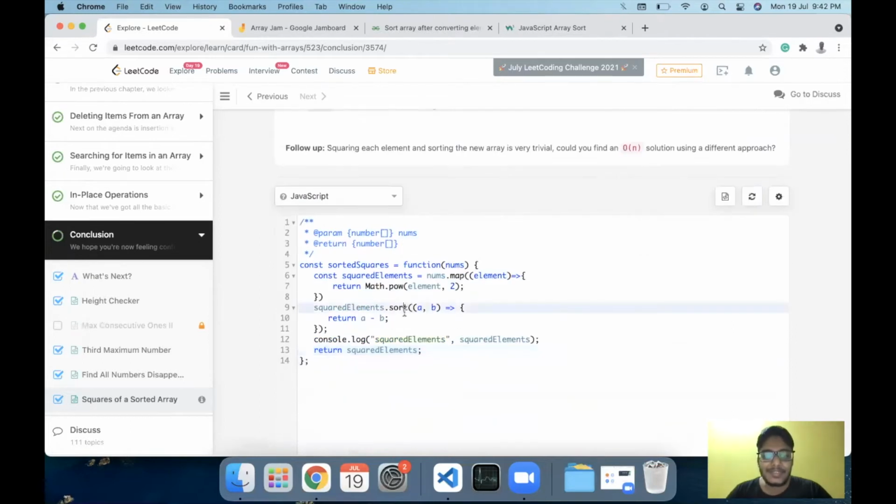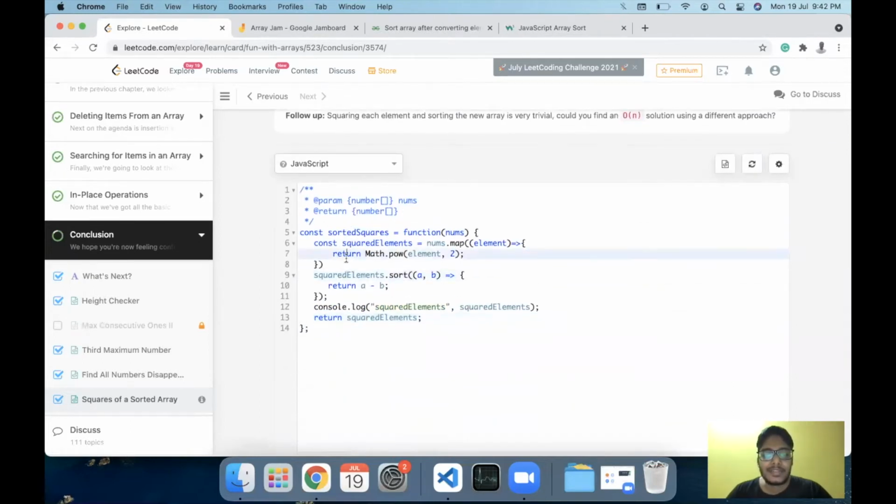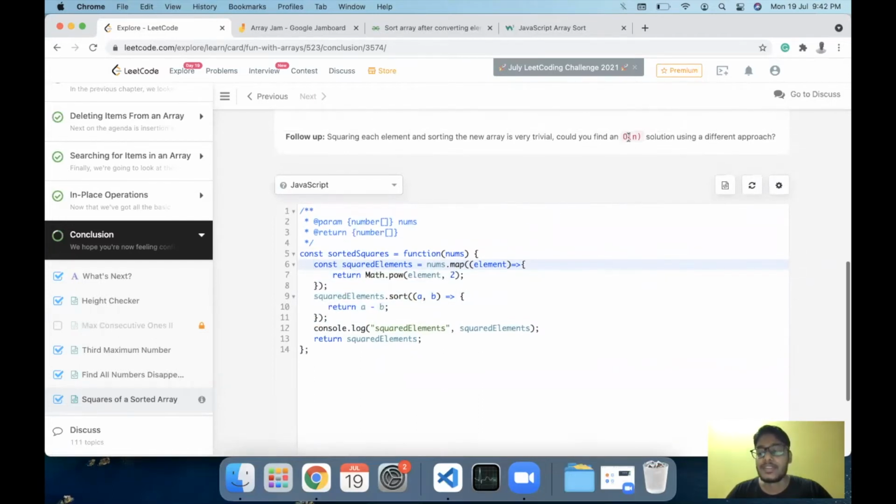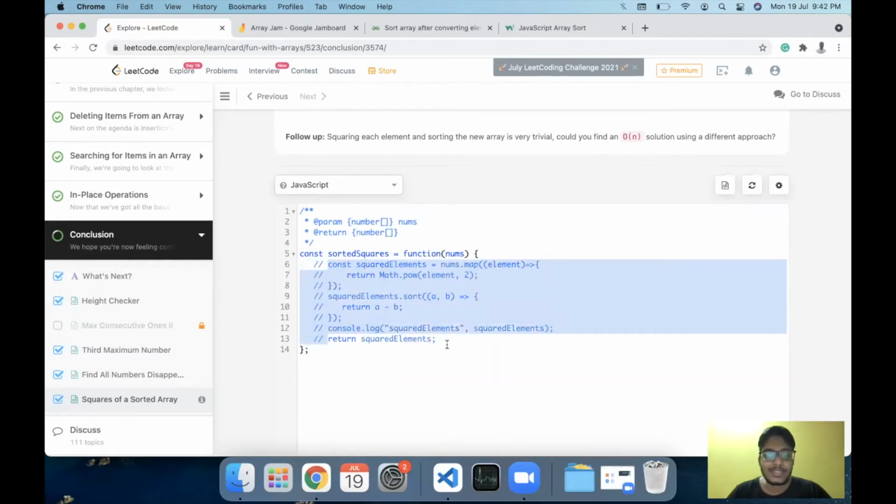This solution which we have currently found has a complexity of O(n log n), because we have a loop which has n complexity and the sort function generally adds a log n. So the complete complexity of this is O(n log n), and we need to do it in O(n) time. So this solution obviously won't have the complexity that we need. So this is out of the question. This was just to show you that this is the most trivial approach which you can do.